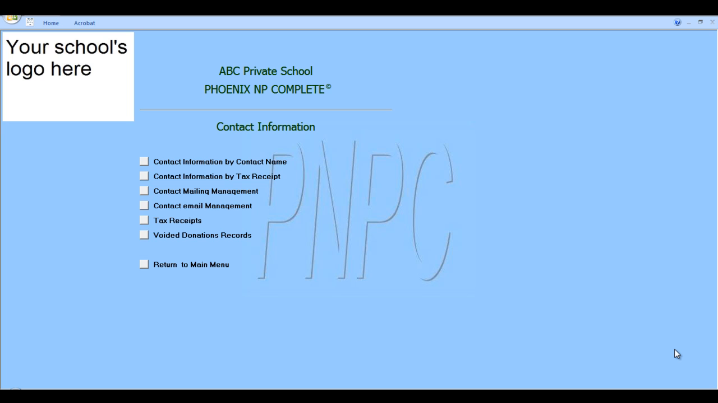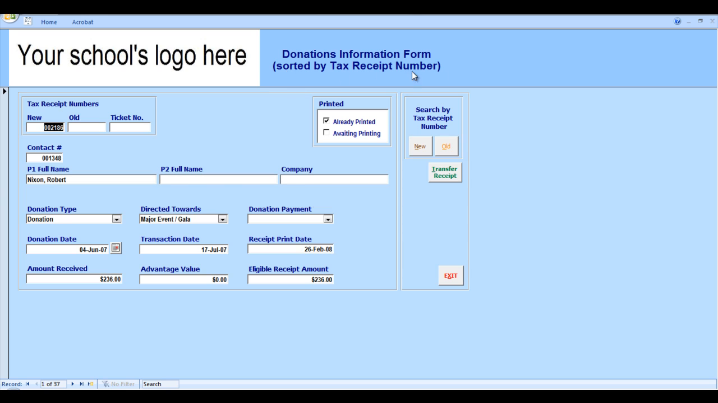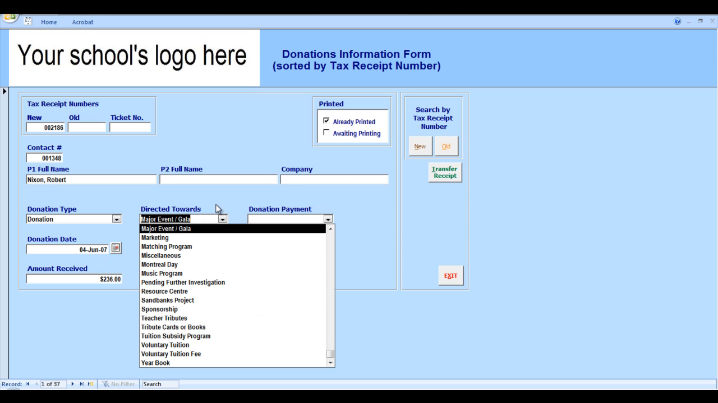Another approach to viewing contact-specific information is to look at donations made by individual contacts. Phoenix NP Complete has an easy interface to support this as well. The Contact Information by Tax Receipt option brings the user to the Donation Information form. Individual receipts can be tracked by multiple receipt numbers, by donor name, by donation type, by fundraising program type, by